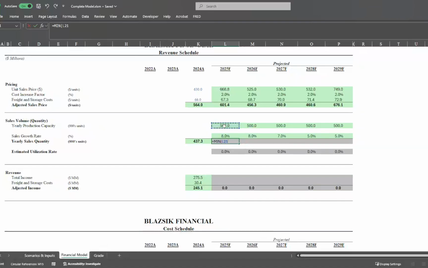Again, I've done this a bunch of times, so I'm pretty solid at all these schedules right now. The goal is not to teach you how to do it, but just to show you